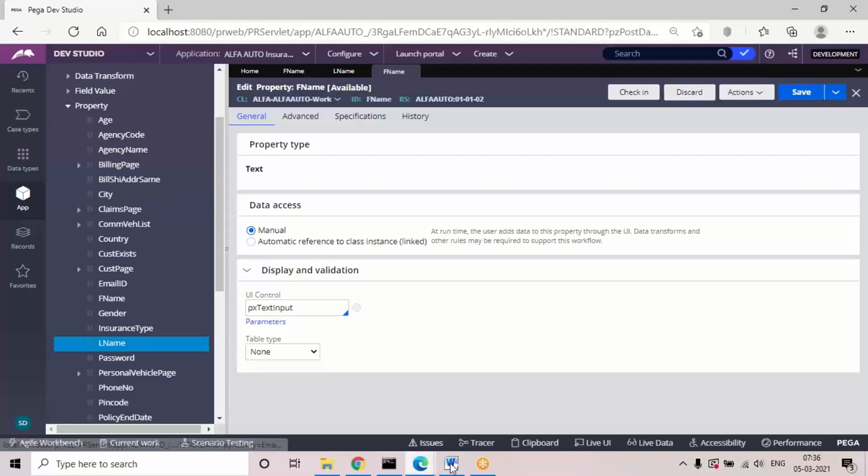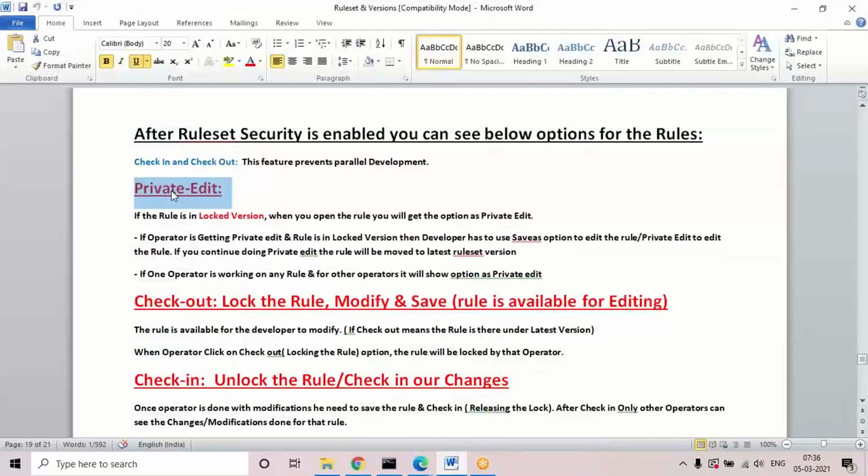So the purpose of private edit is, if a rule is in a locked version, you'll get the option as private edit. All locked version rules will show the status as private edit. Another case: if the rule is in a locked version, the developer has to use the save as option.